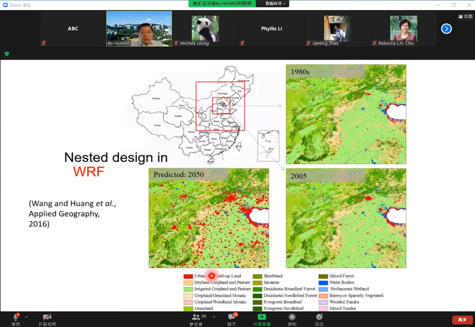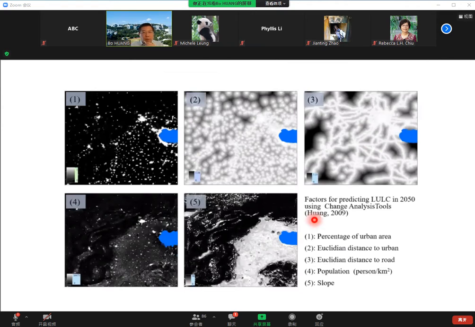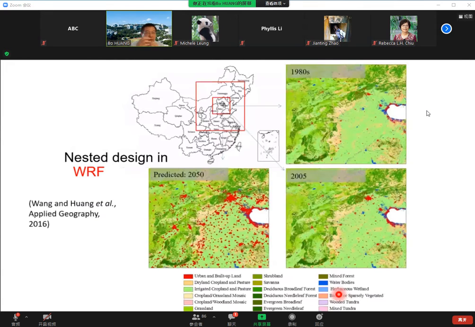And we got 2 land use maps. One is in 1980s, the other in 2005. So after identifying a set of driving factors, their percentage of surrounding urban area, the distance to existing urban area, distance to roads, population distribution, and slope. Then we can use change analyst I just talked about to predict the future land use in